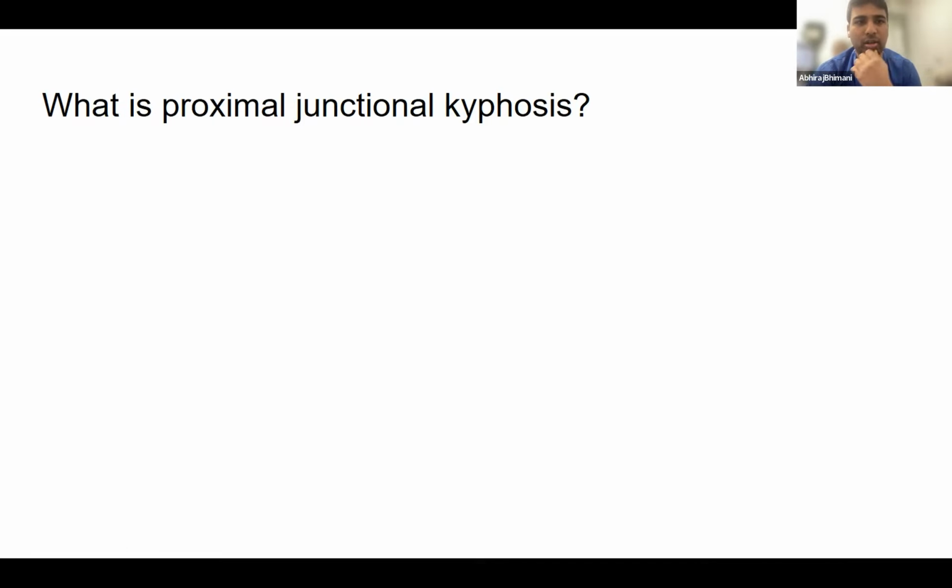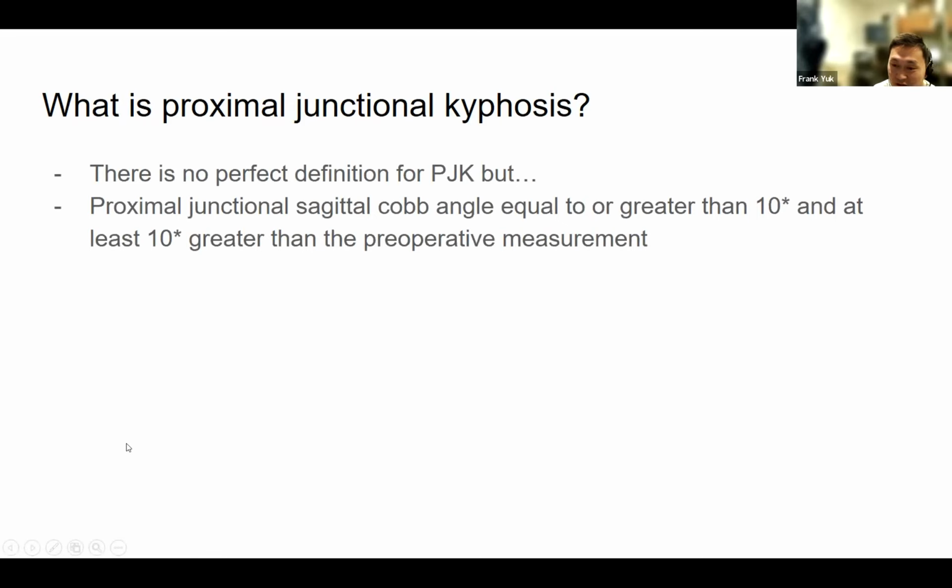where the fusion inferiorly creates a large lever arm over which the thoracic spine, basically the kyphosis, due to the weight of the body, is not able to be pulled back by the muscle. Okay, that's a good way to describe what proximal junctional kyphosis looks like on X-ray, but there's actually no perfect definition for